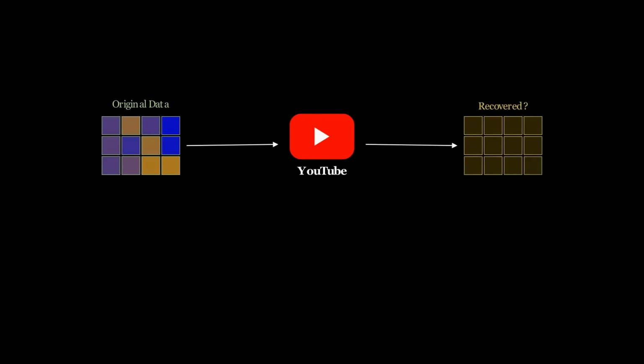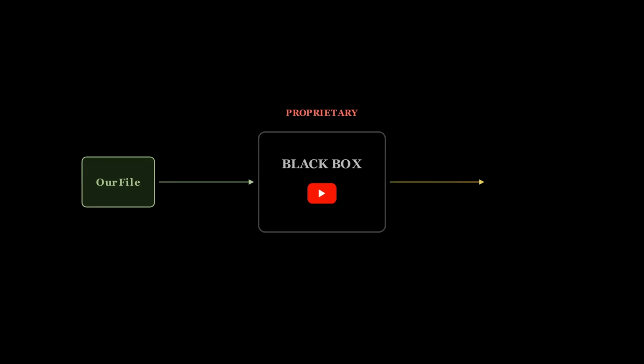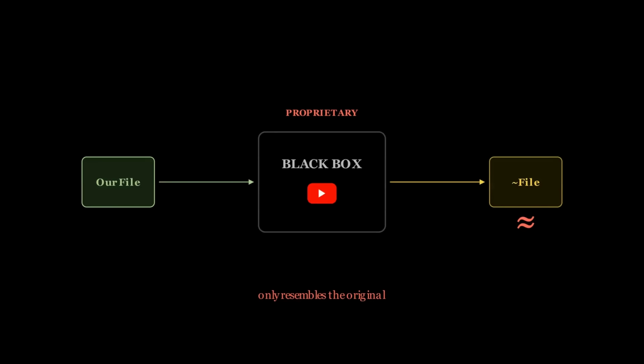Our approach only works if YouTube keeps our video data intact so we can recover it later, but YouTube re-encodes everything using lossy compression, which means parts of the original data are permanently discarded. And even worse, their compression algorithm isn't public, so we don't even know exactly what's being changed. It's like tossing our file into a black box and then getting back something that only somewhat resembles the original